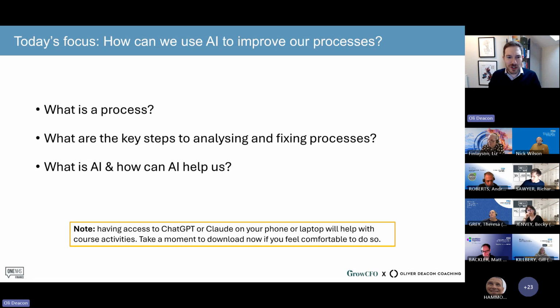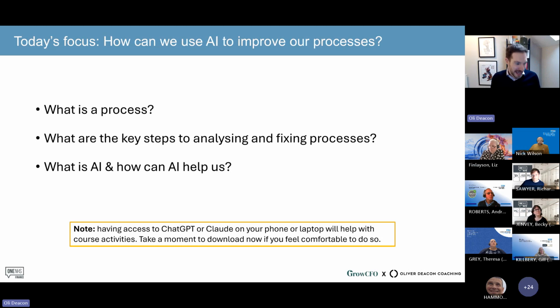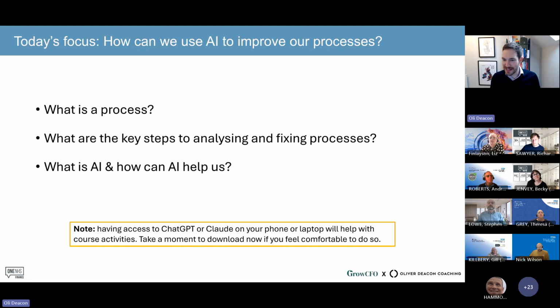So let's get in. But my quick question for you all: let's use that raise hand button. You will need to take it back down afterwards. Have you ever been formally trained in how to analyze and fix a process? Use the raise hand button now if you have ever been formally, officially trained in how to analyze and fix a process. That's 0, folks. Of the 31 people attending this call today, that is none of you.